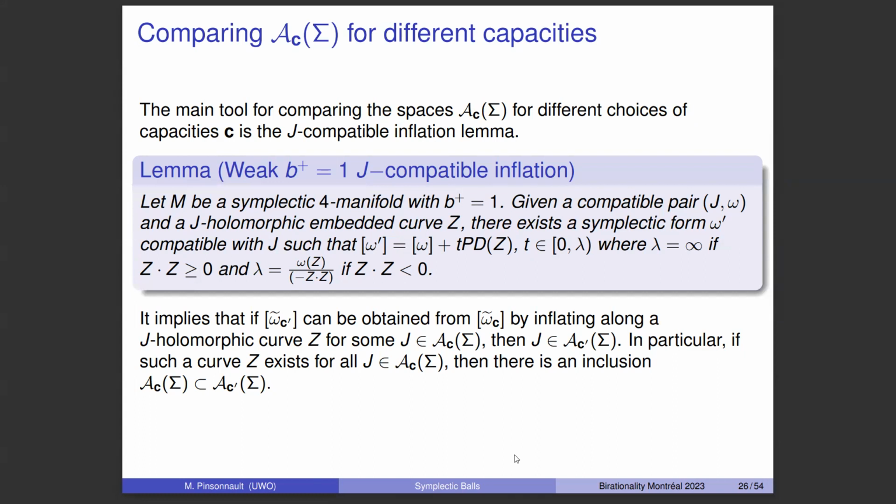And so our goal again is to compare what happens with the script A for different capacities. And this is the entire idea why we switch to a space of almost complex structures instead of a space of symplectic structures. It's because now we can play with what is called the inflation procedure, but a very specific version of it: the J-compatible inflation in a weak form. A strong form is not known to hold. Okay, but well,